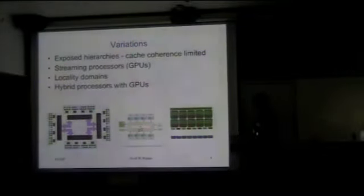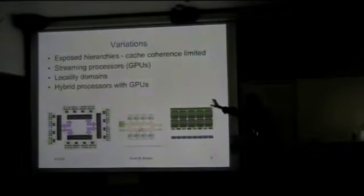In addition, we have a processor like Cell, which contains 8 very high-speed streaming cores that are specialized to do high-performance floating point. On the left, a mythical machine, conjured up from the idea that maybe machines will have locality domains. That is, some things will be further away than others in terms of the amount of time it takes to get that data, and this might be hierarchical. We don't really know. Okay? And the other idea is that we will have hybrid processors. So we can have a processor like the Cell, which is in the middle, where we have a traditional core attached to these 8 very high-speed cores,